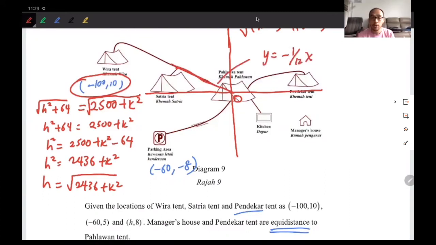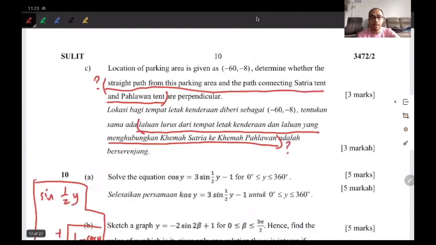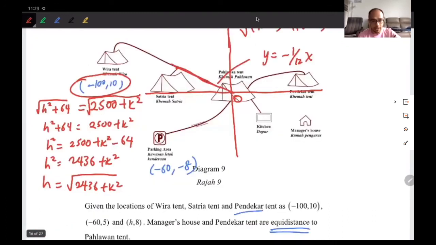So the question is asking, determine whether the straight path from the parking area and the path connecting the Satria tent are perpendicular. So my question is, here is the parking area, so the straight path is